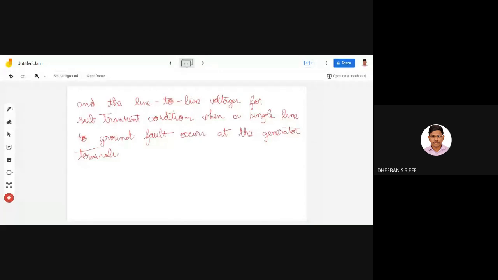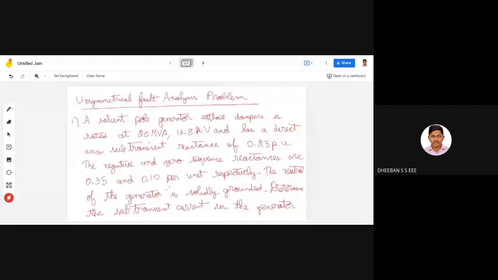Finally, they are giving out the type of fault. Here, the type of fault they are specifying is a single line to ground fault, which is the L to G fault, a basic fault which occurs. Using this, they have asked to find two parameters: first your line fault current, and then your line to line voltages. Now we'll be moving towards the solution. I hope you are clear with the problem statement they are giving out.